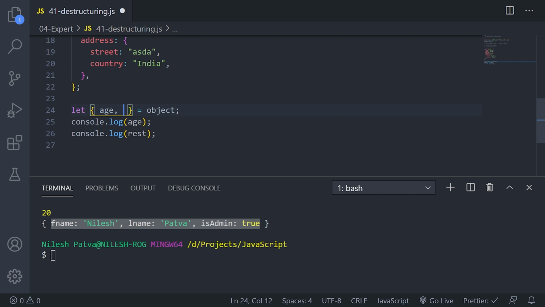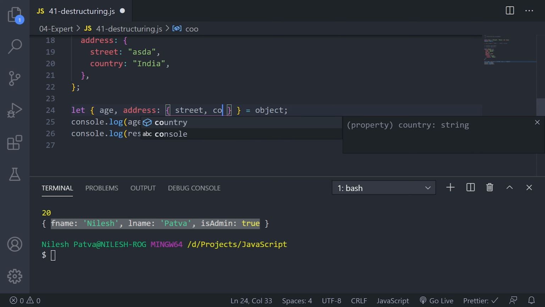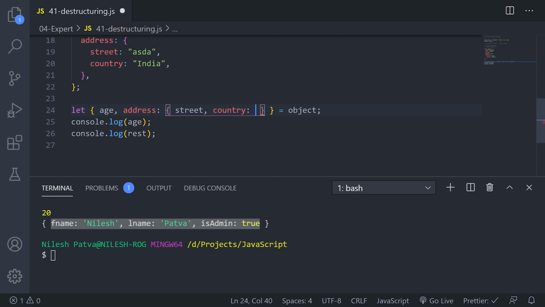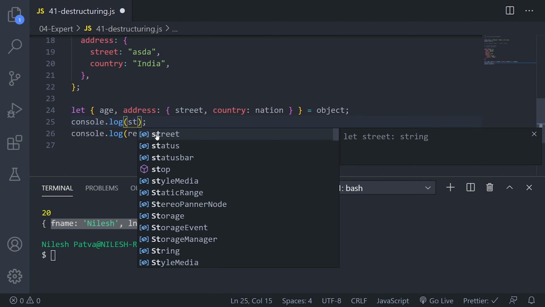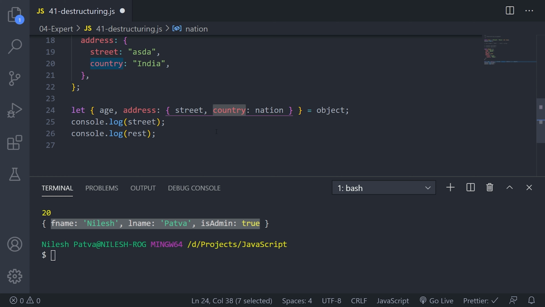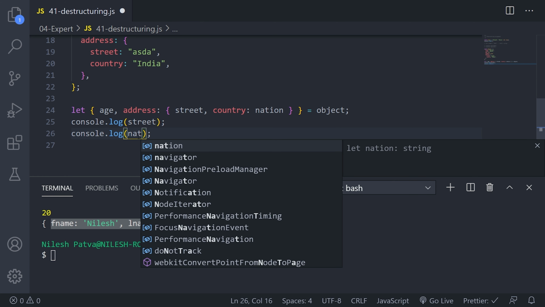Let me show you. Here you have to write address, and then if you want to destructure the street, then use street and then country. So I will rename the country as nation. If I print this out, let's say street, and I print this nation out here, nation.